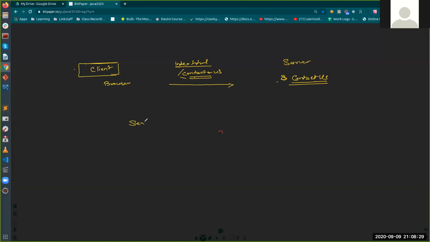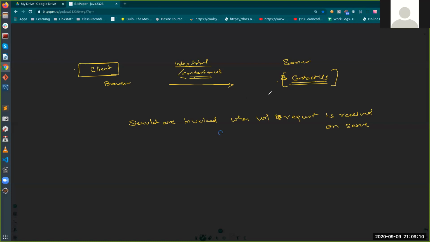So how are servlets going to run? Servlets are invoked when a URL request is received on the server. When the same URL is requested, the server receives the request. At that moment, the server will look whether it has a mapped servlet. If yes, it will immediately initialize it. Initialization means it will create the instance of that servlet.